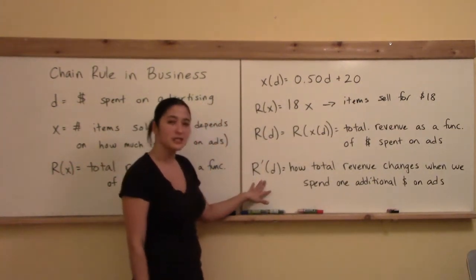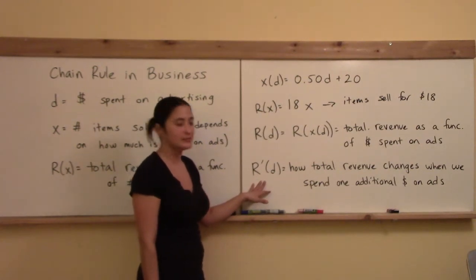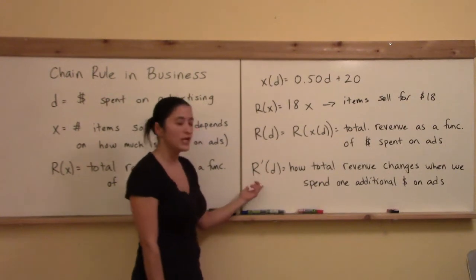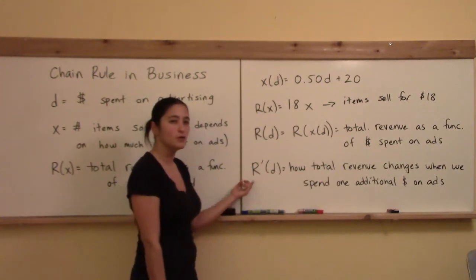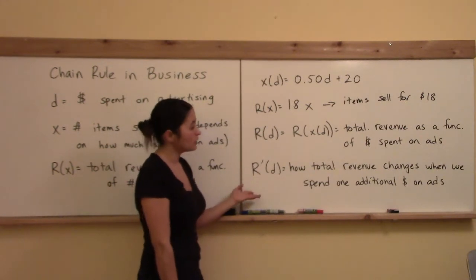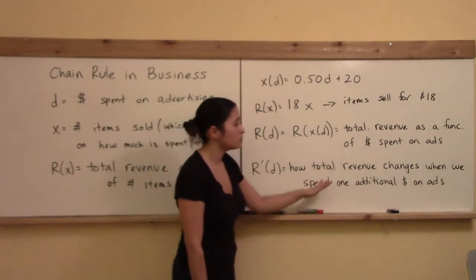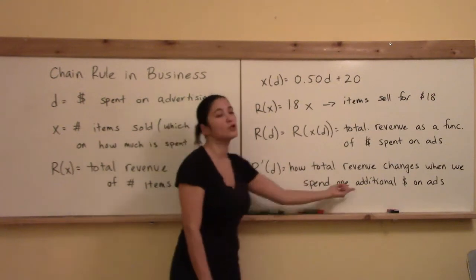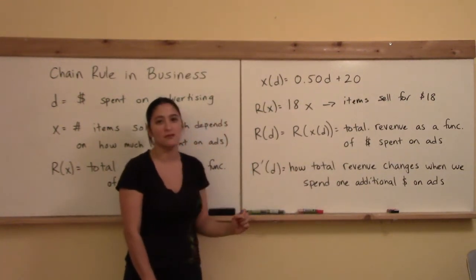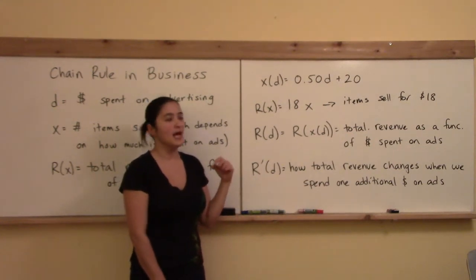What if we wanted to take the derivative of that with respect to D? What would that interpret to? That would tell us the rate of change in our total revenue with respect to the amount of money that we spend on ads, or as I've written, it's how the total revenue would change when we spend $1 more on the ads. Remember how you can kind of interpret the derivative of is that if the X variable goes